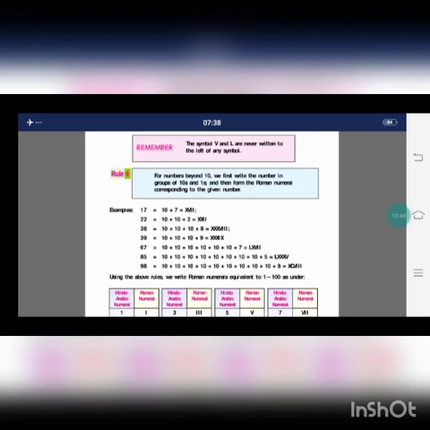Let me see the example of 22. How can you write down 22? 10 plus 10 plus 2. Okay, 10 plus 10 plus 2. So the value is greater here, 10 plus 10, and the symbol of 10 is X. So here we will repeat X and X, and then we have to write down the symbol of 2, I and I. So XXII is the symbol of 22.